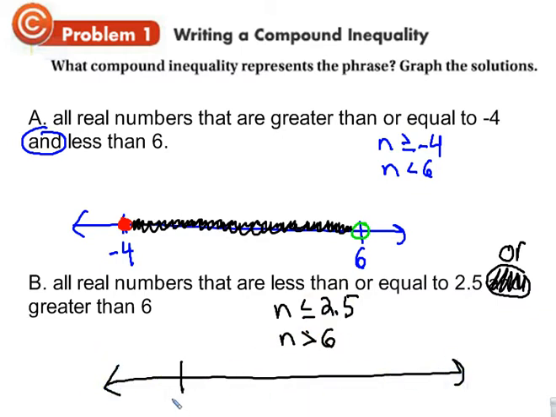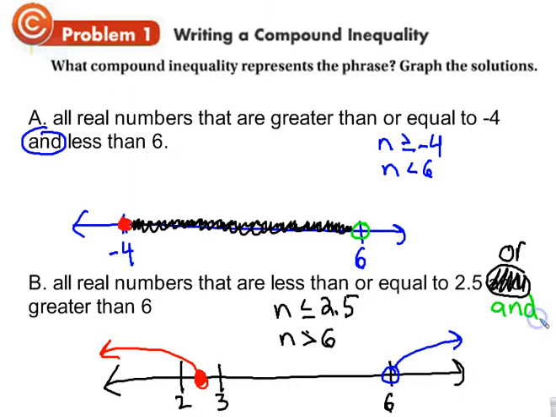We've got 2 and 3. We've got 6. Okay, so this one is less than or equal to 2.5. And then we have this one greater than 6. So that would be our answer. Anything in this shaded region and anything in this shaded region makes only one of them true, and that's what's important. Now, I know that this was a mistake, but if this said and,